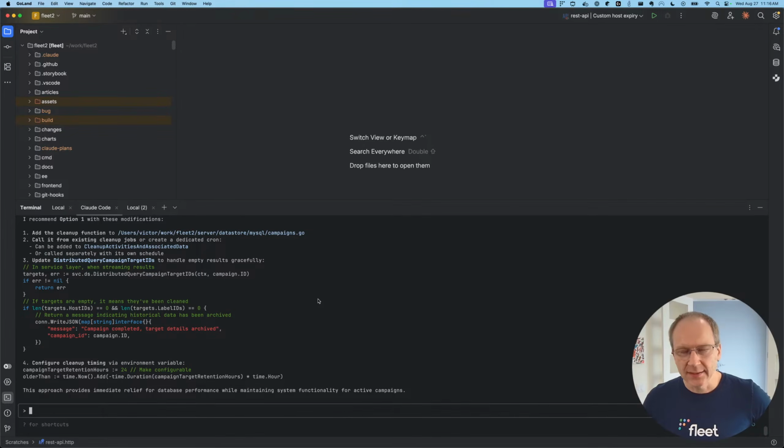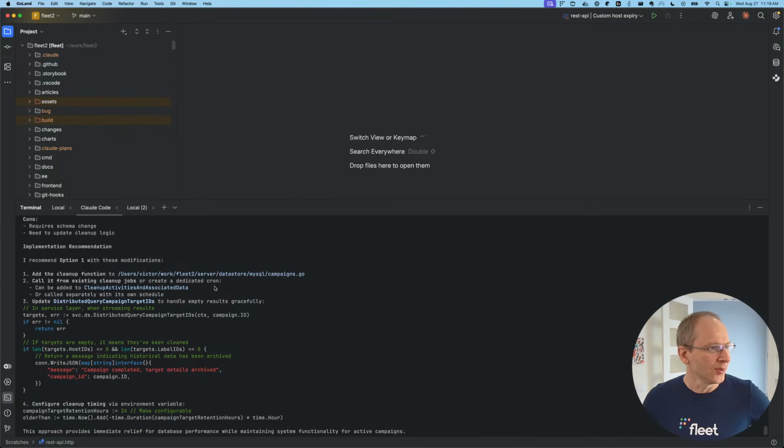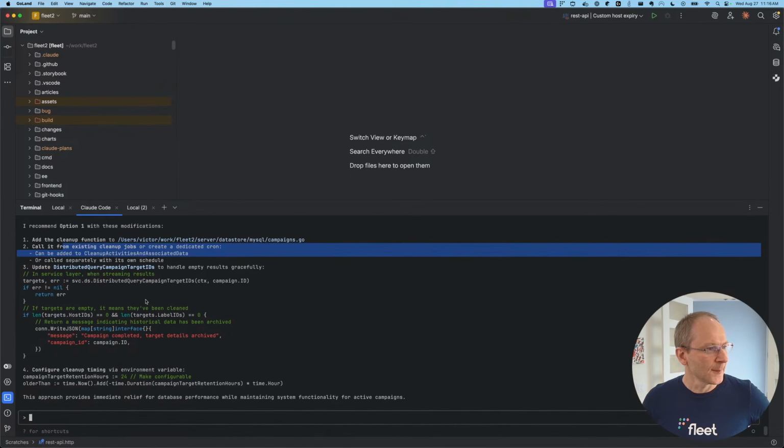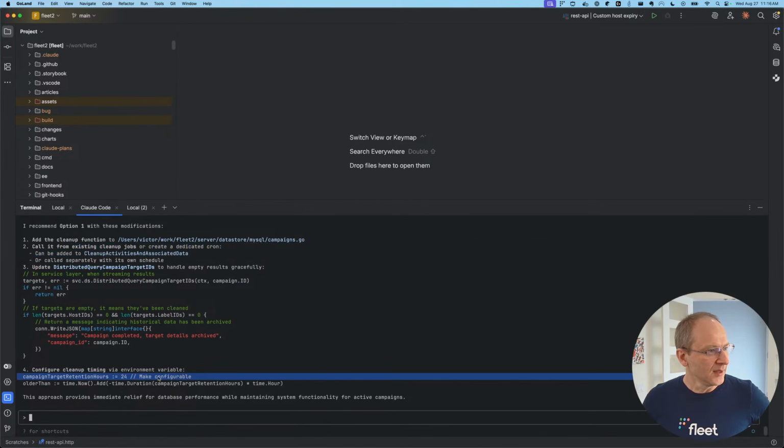I did ask it to suggest what to do, and yes, it did say add it to cleanup jobs, to clean up that table. It suggested a retention of 24 hours,